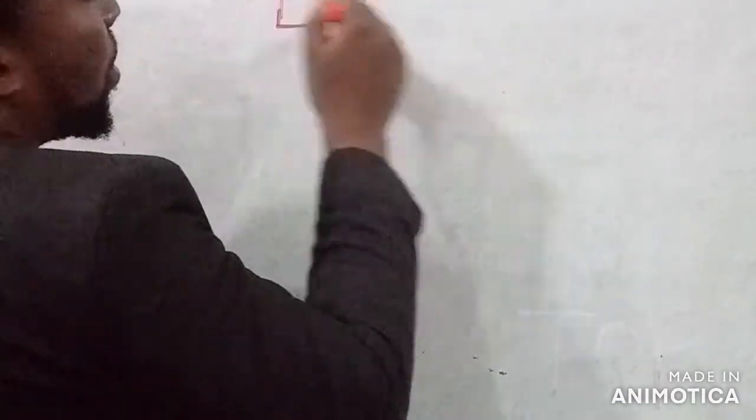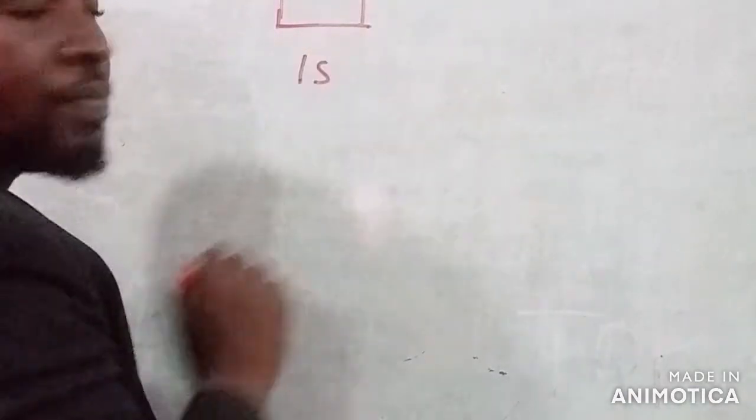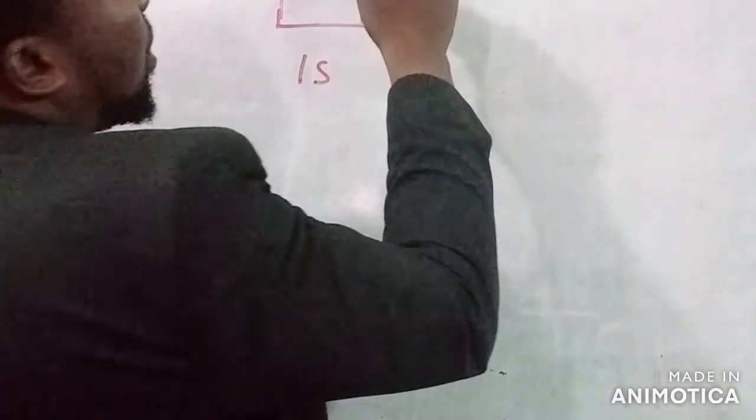Alright, so carbon has atomic number of 6, meaning that we have 6 electrons in the atom of carbon, and that is what we shall be using for its configuration. Now the type of configuration I'm going to be using here is the orbital diagram. We simply use rectangular boxes to show energy levels. So the first energy level, which we know is the K shell, has 1s, and then the